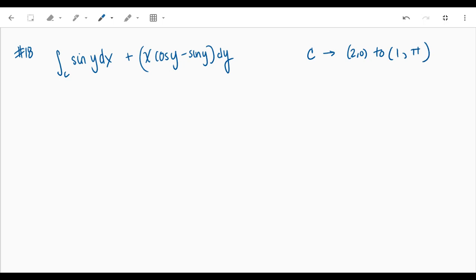Okay, so we can show it's path independent. And remember, we can do that by showing that your dP/dy should equal dQ/dx. Oops, I mixed them up. The first one's with, I was looking. It's always the opposite. So dP,